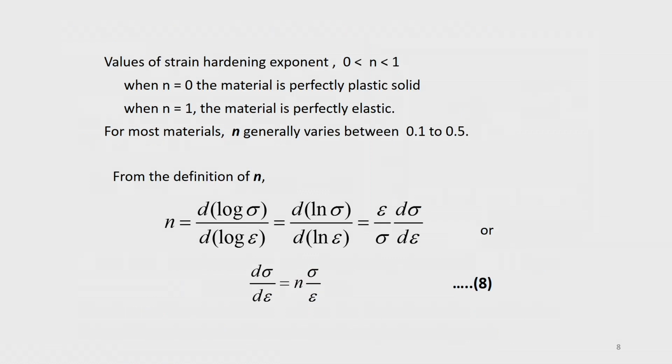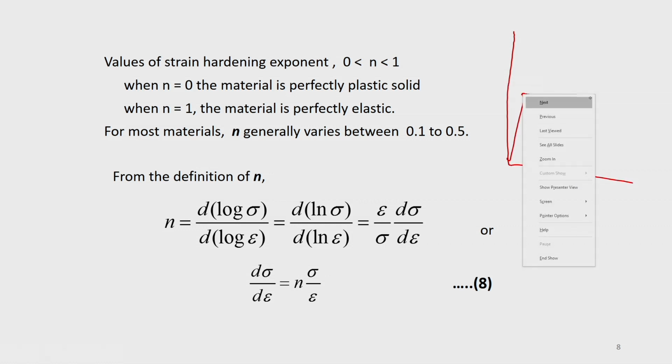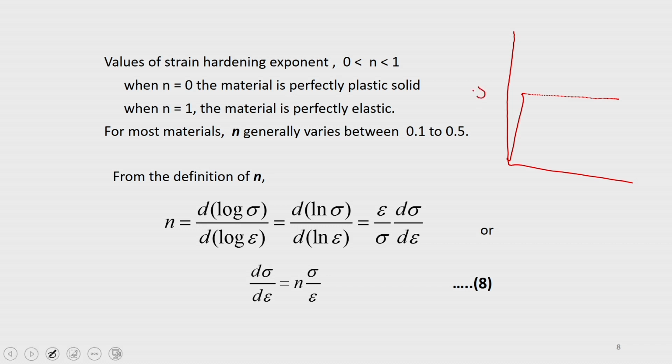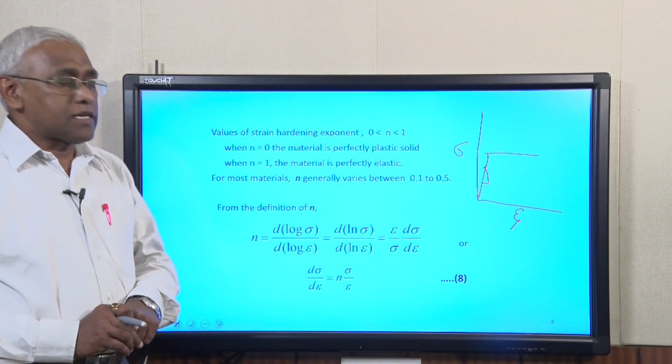So, the value of strain hardening exponent generally is between 0 and 1. So, 0 means it will be a constant value. A perfectly plastic material will be like this, okay, it will remain constant. Now, when n is equal to 1, the material is perfectly elastic, which is in this region, so here it is not deforming plastically. Okay. These are the extreme conditions which generally we will not find in real materials.